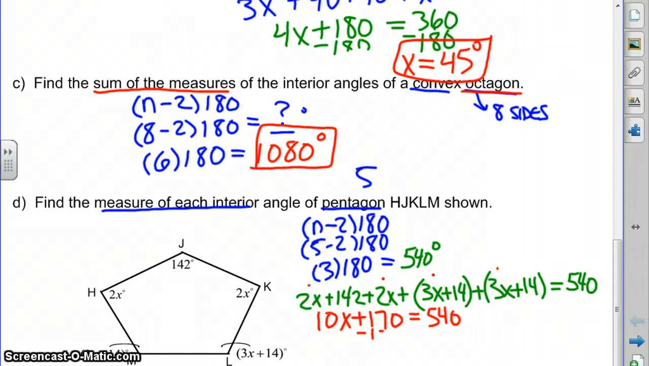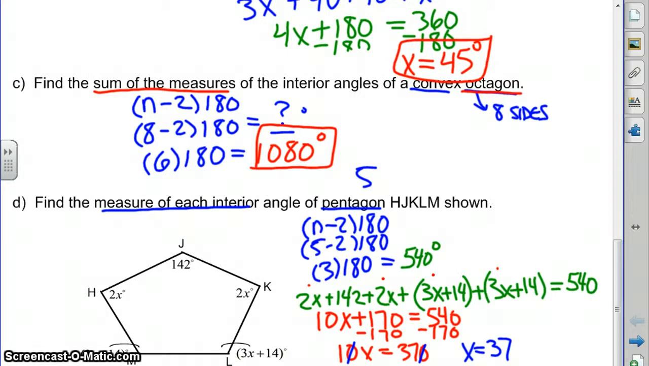Now I can subtract 170 on both sides of my equation to keep it balanced. It's 540 minus 170. That leaves me with 10x is equal to 370 degrees. If I divide both sides by 10, I lose a 0 on each side, and I have x is equal to 37 degrees. Now I have to go back